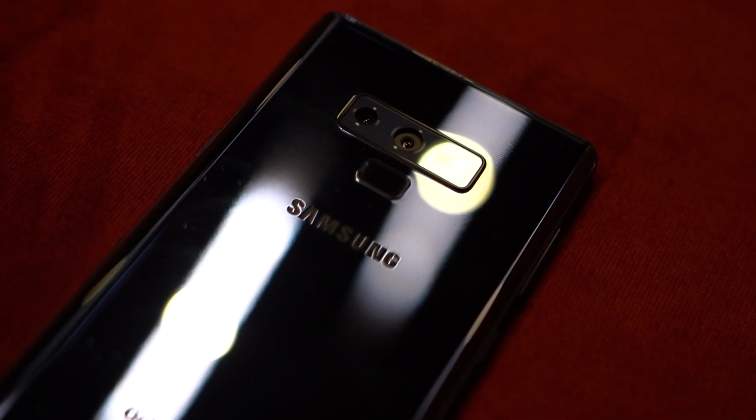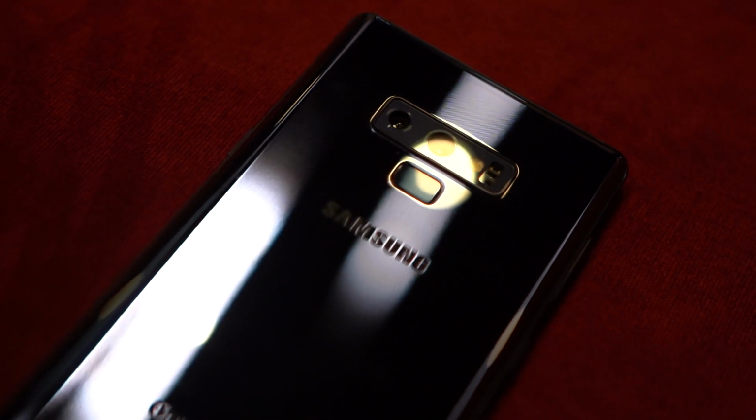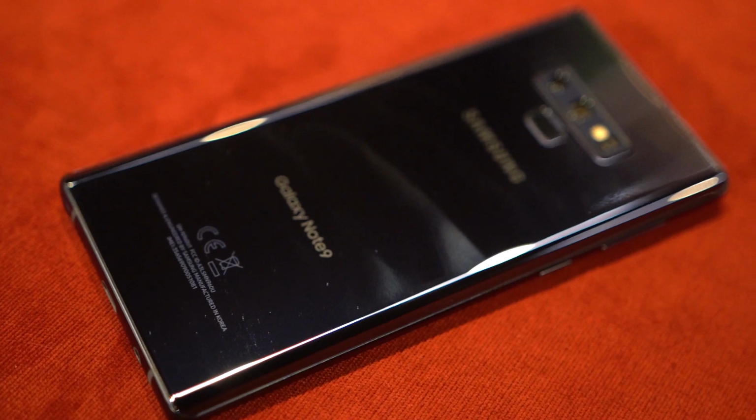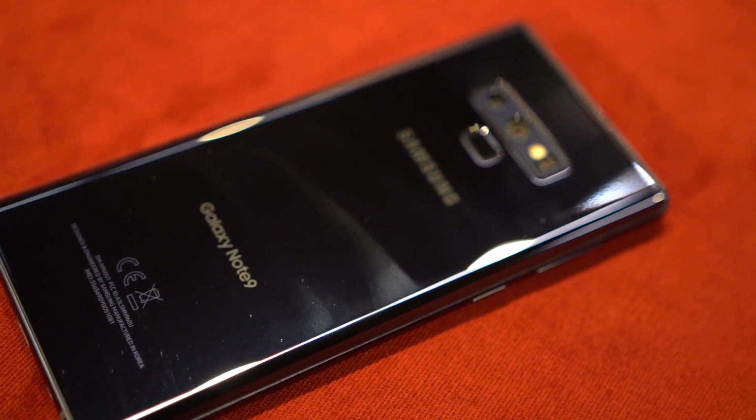It has the Qualcomm Snapdragon 845 processor powering the thing, along with their modem that does 1.2 gigabit per second. We have either 6 gigs of RAM or 8 gigs of RAM, depending on those different storage models. We have the S Pen now,